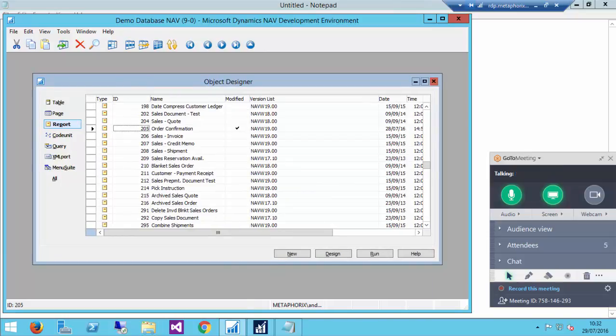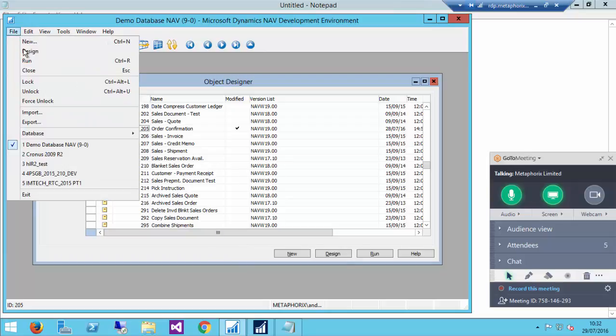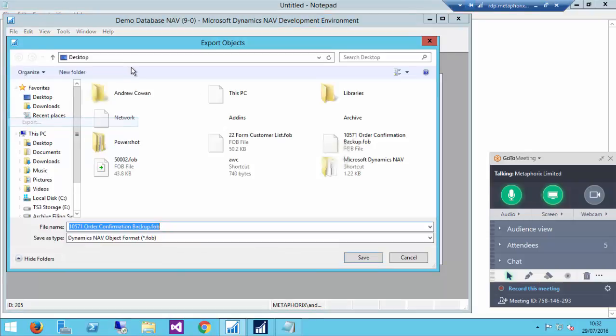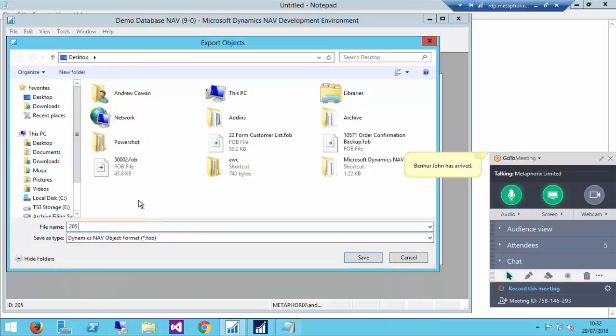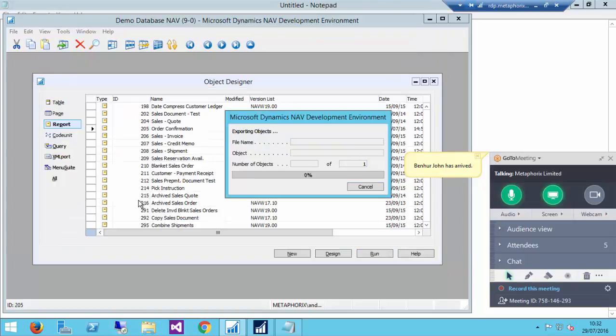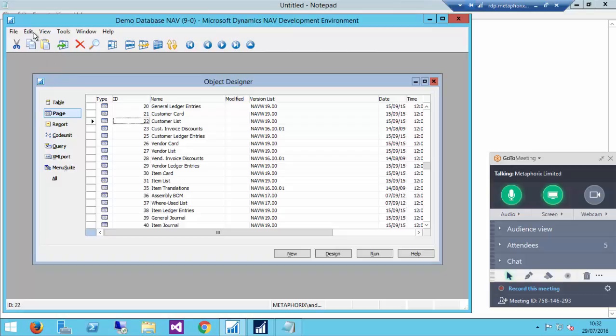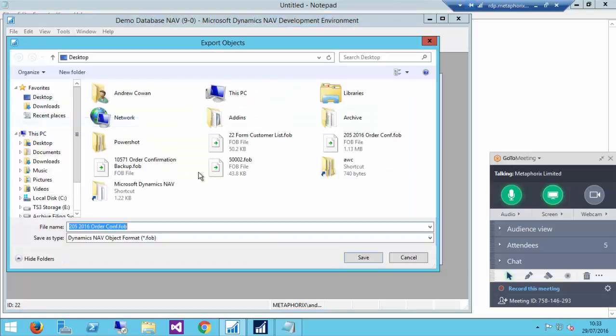So first things first, we're going to back up our objects. If you don't have a test system, I would make sure you always back up your objects. Today we're going to be working with report 205, so I'll back that up. So File, Export, and we'll do 205 2016. And also we're going to be looking at the customer list. I'll back that up as well. So File, Export, customer list 22,